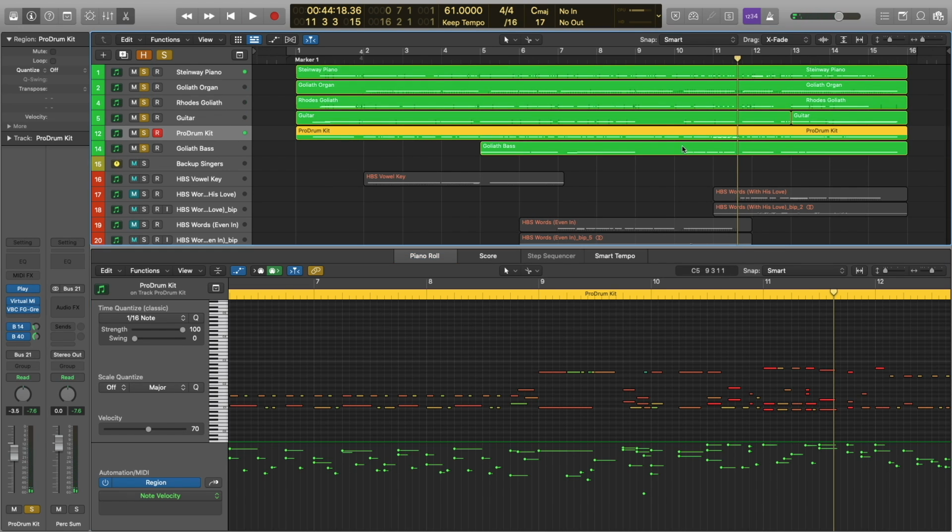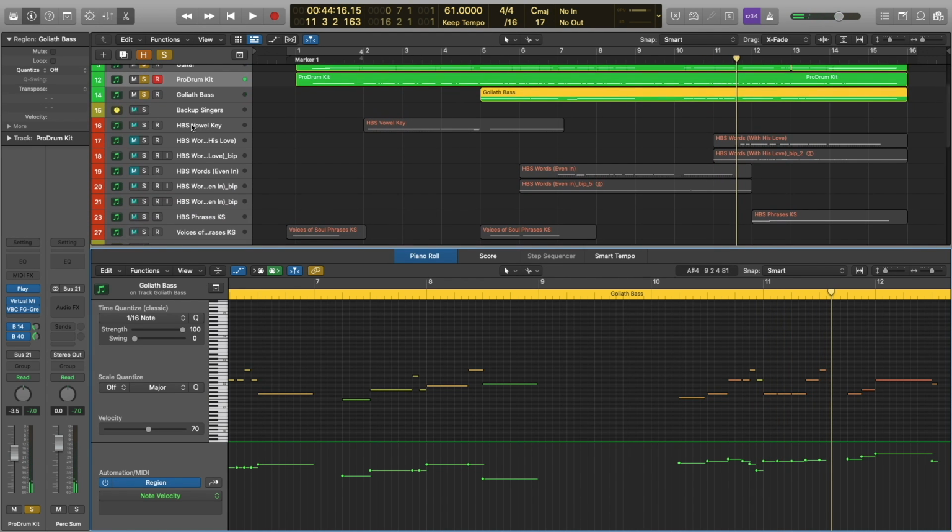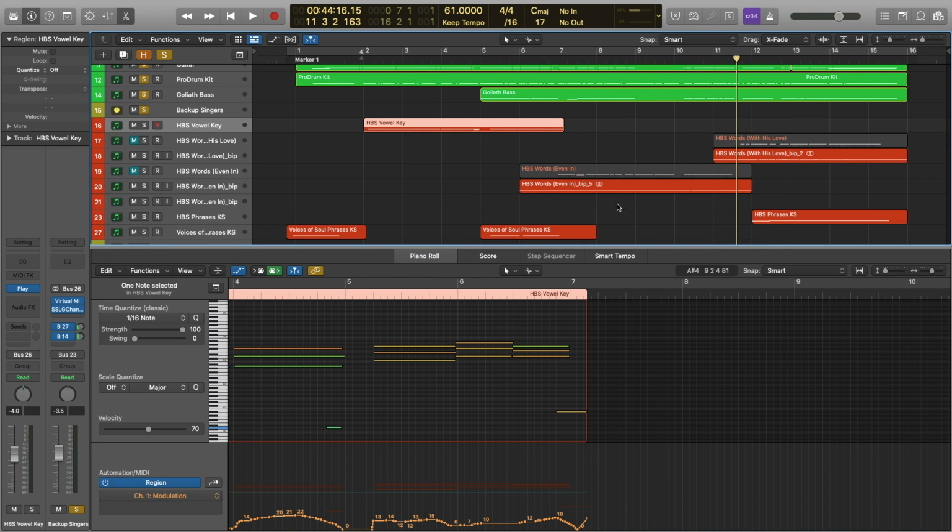Okay, let's add bass. Once again, we've dropped out all of our bass elements at measure 9. Okay, and let's add our vocals.